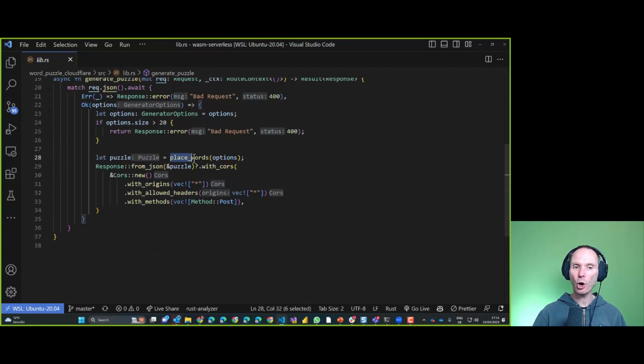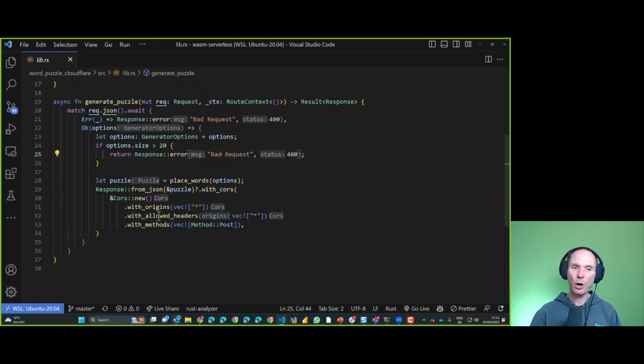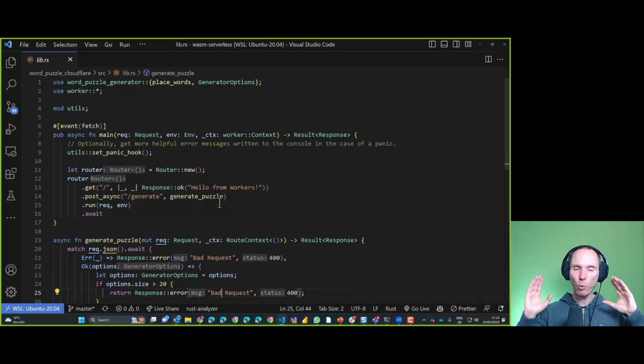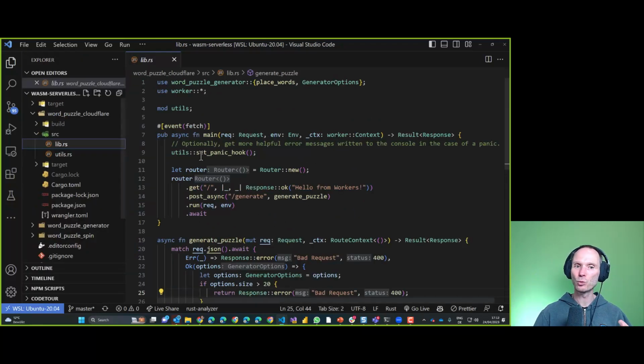Last but not least, I'm calling into the business logic, and this is where the magic happens. This is where the puzzle is generated. And then I'm converting this resulting puzzle into JSON and adding a little bit of CORS. So I want to call it from my UI. The UI is a single page app, and therefore I need to be ready for CORS. And okay, granted, I'm not very secure, I know it, but for the sake of the sample, it should be okay. So now we have an environment that is 100% Rust,